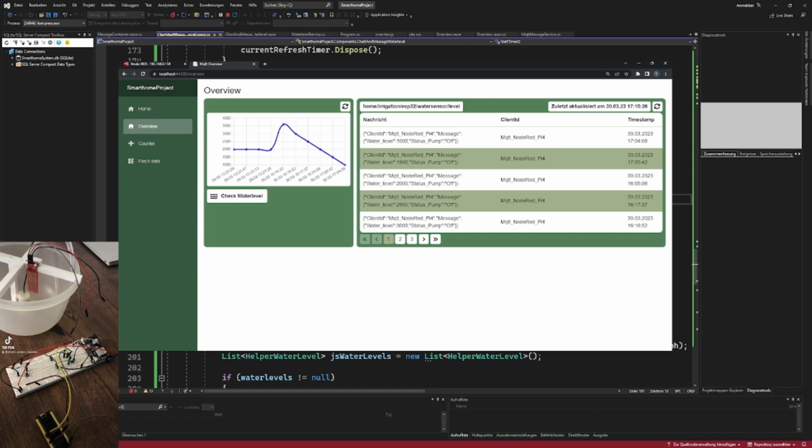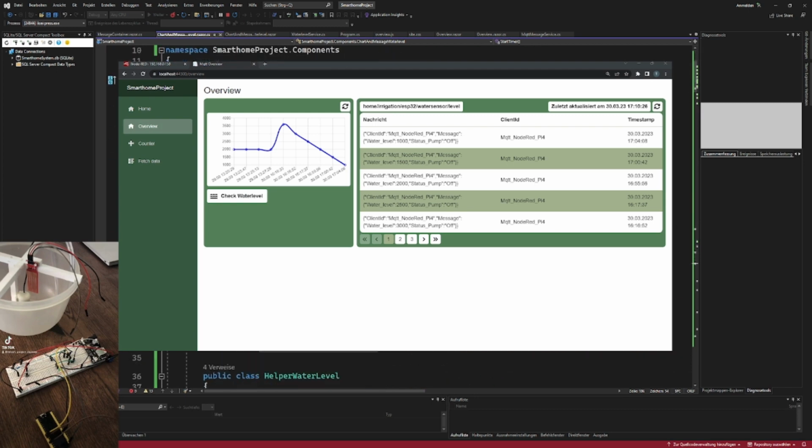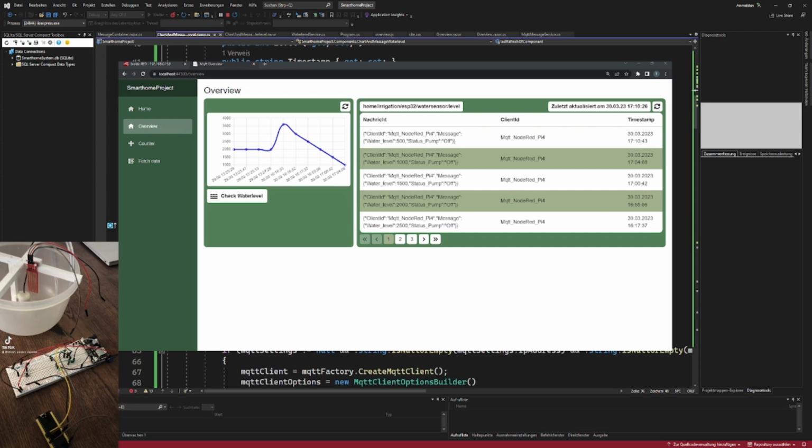So maybe I have to set a last refresh time. So maybe go for private DateTime last refresh of component. Last refresh of component, DateTime.Now. And this is getting updated whenever